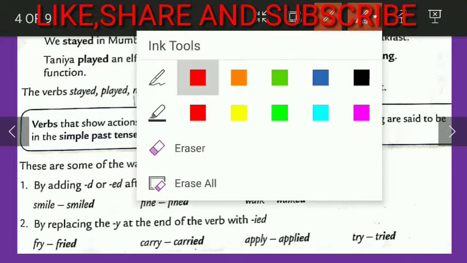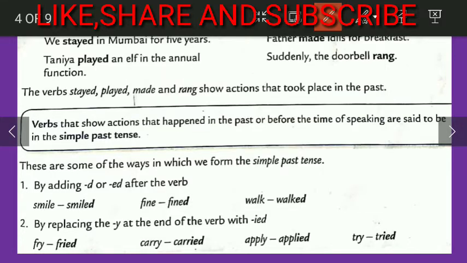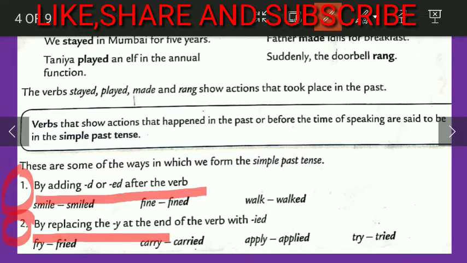Let me make you understand in a better way. Here the first rule is by adding d or ed after the verb, and the second one is by replacing the y at the end of the verb with ied.